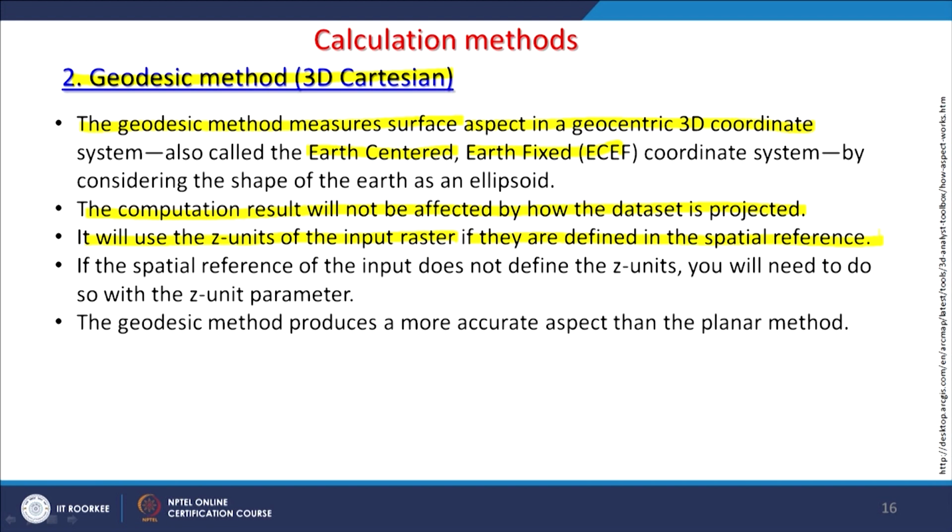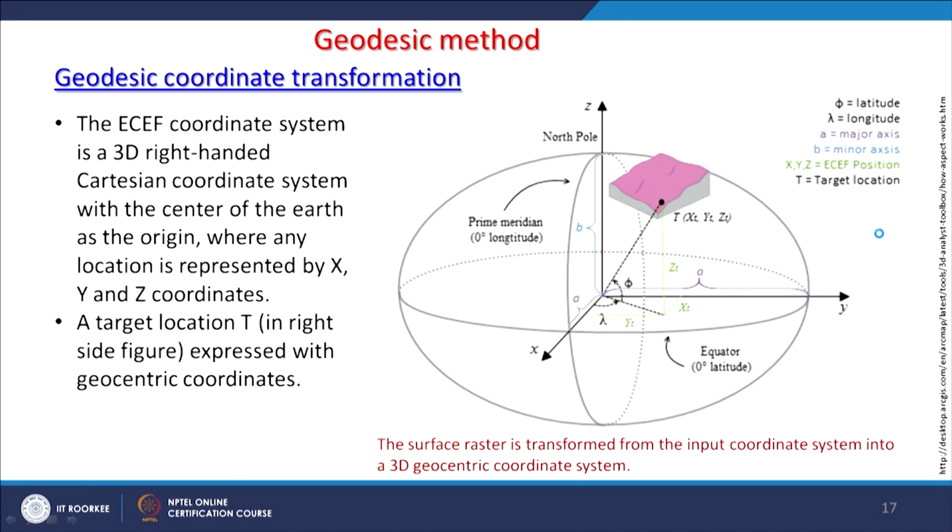The geodesic method produces a more accurate aspect than the planar method, but it will involve a lot of calculations. This geodesic coordinate system, that is the earth-centered, earth-fixed coordinate system, the same concept is also used in global navigation satellite systems, where the center of the earth is taken like this.